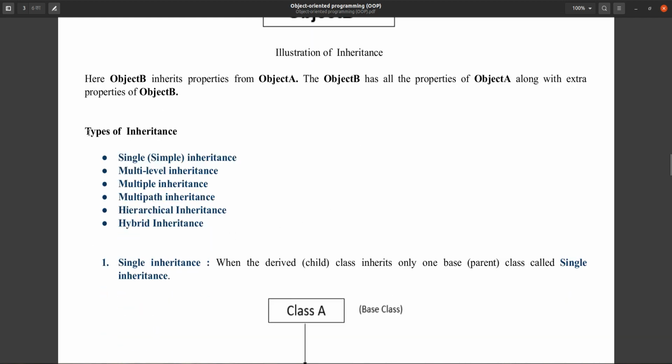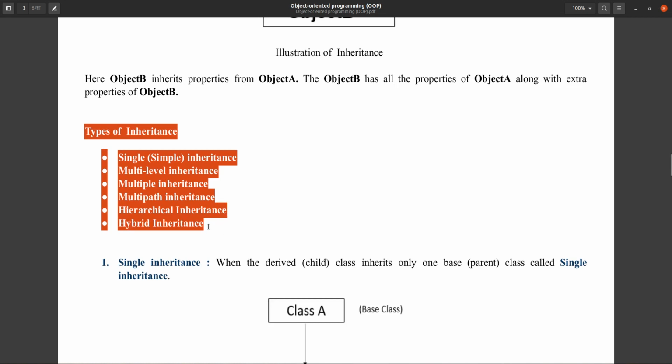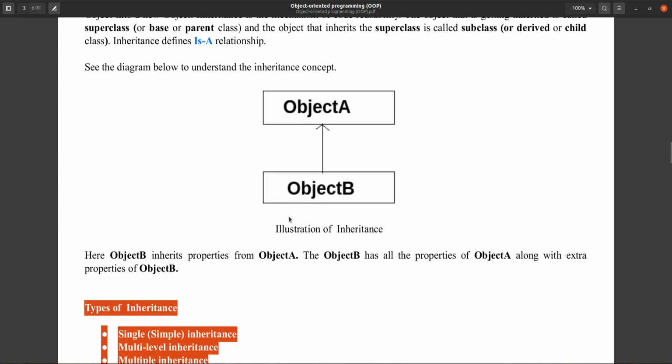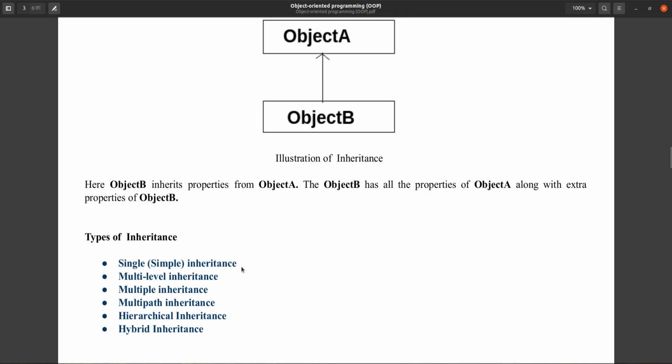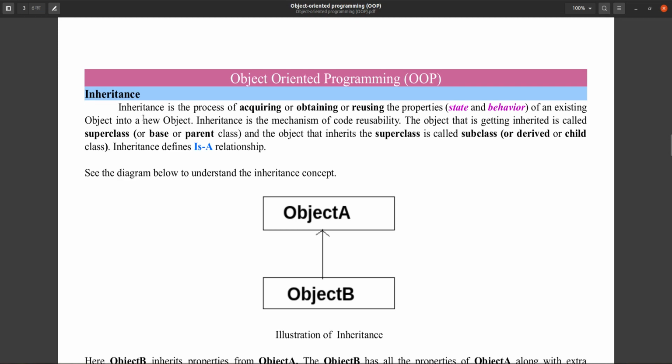So here are some types of inheritance. In the first video of object oriented programming concepts, we only saw the definition of inheritance.